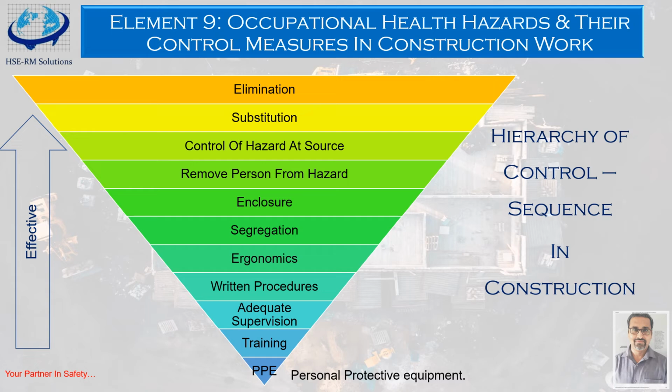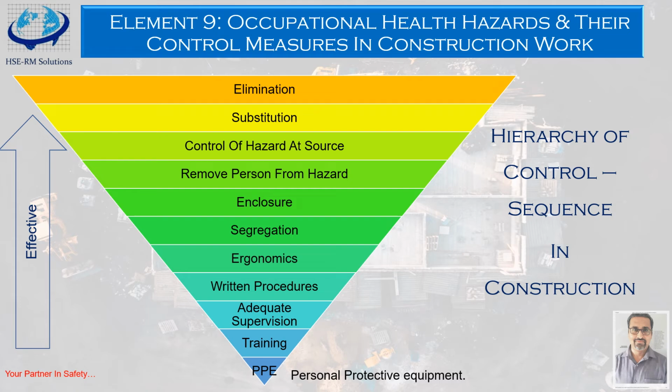Like we were explaining, when it comes to hierarchy of control, we have to define it in a very systematic way. Now this is a reverse pyramid, everybody is aware of it, where the bottom or the last resort is PPE. What we usually do in construction activity is that we only know the hierarchy of controls: elimination, substitution, engineering control, administrative control, and PPE. This is just an example. This is how you need to define it, but you have to define it as per your site activity.